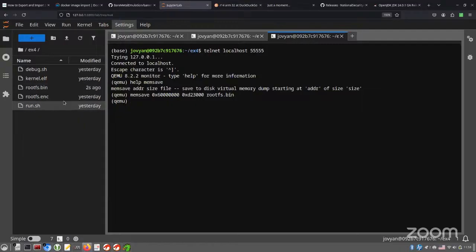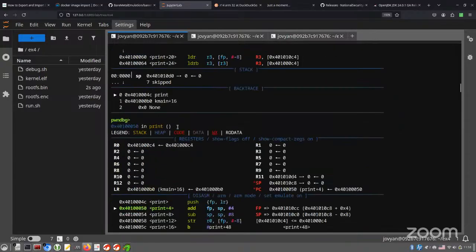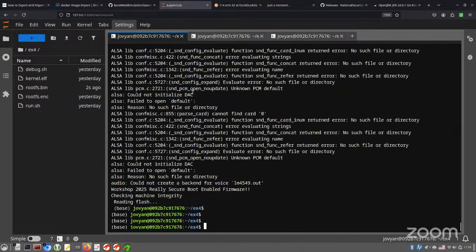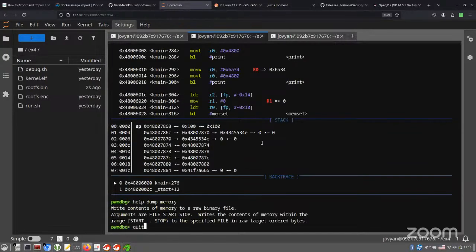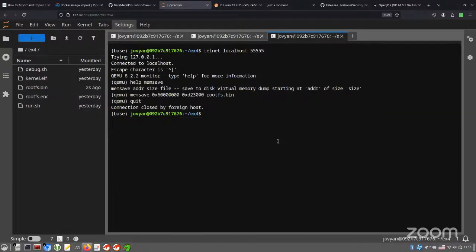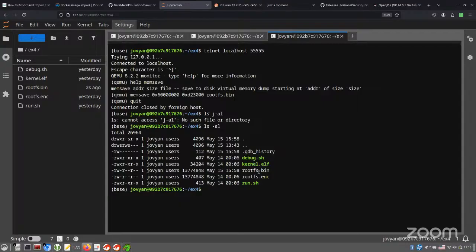Once it's done, then you don't need the program to be running anymore. So you can use the quit command from the monitor. That will stop the emulation. And you can leave the debugger as well. So from now, we'll work on the file that we just extracted, which is the same size as the encrypted file. If we do a file on rootfs.enc,